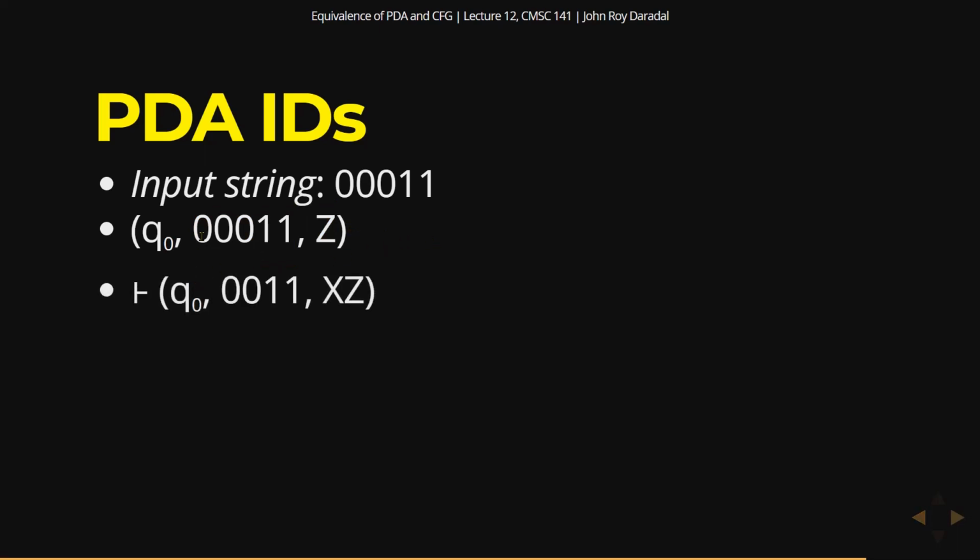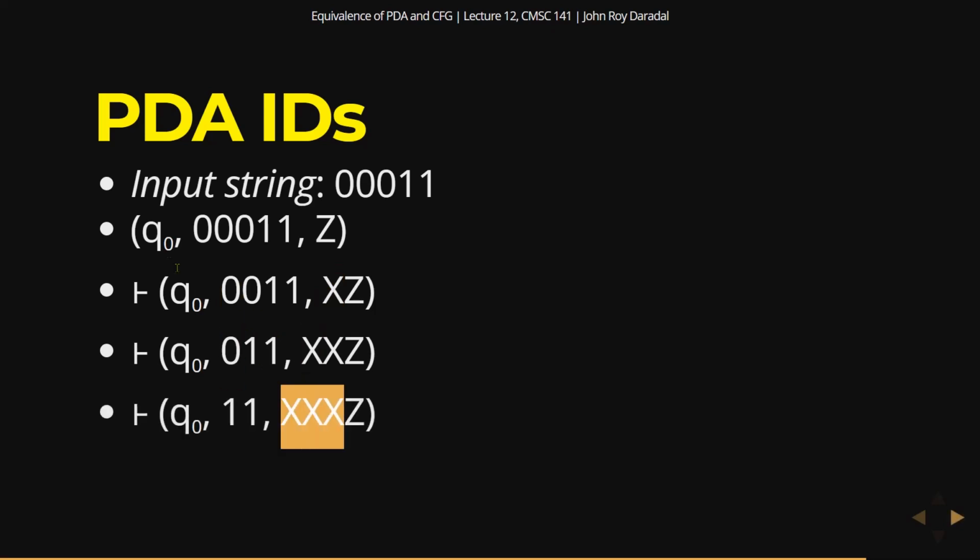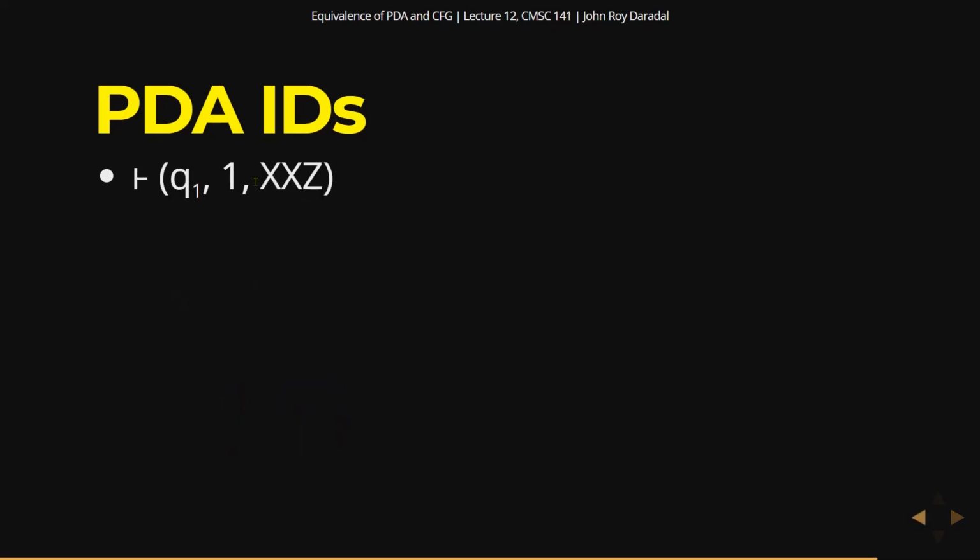So since we see a 0, we'll push X. We see another 0 here, so we'll push another X. We see another 0 here, so we push another X. So the 3 zeros here have been replaced with 3 X's on the top of the stack. Now since we see a 1, we'll pop off this X, so this becomes 2 X's on top,